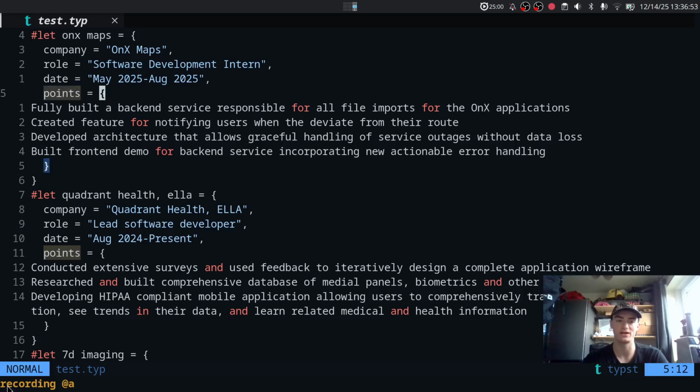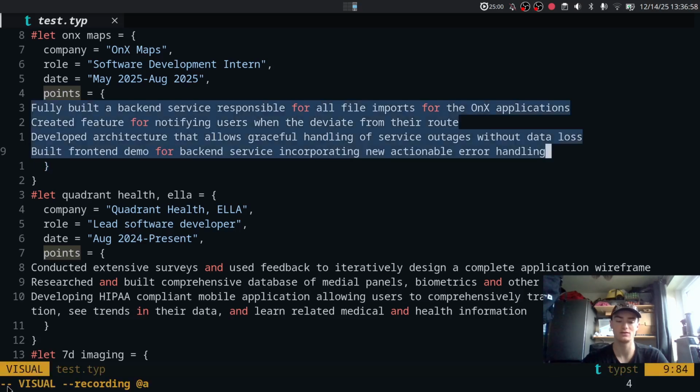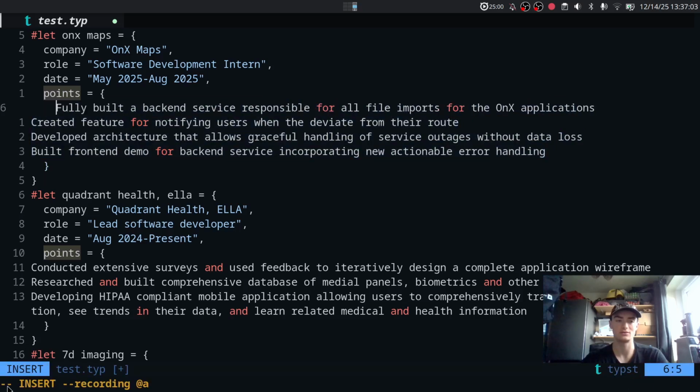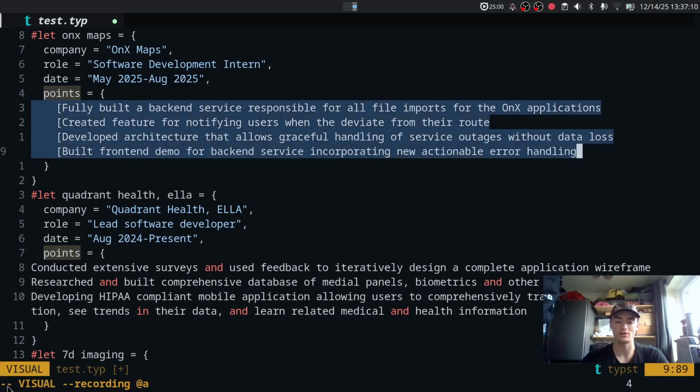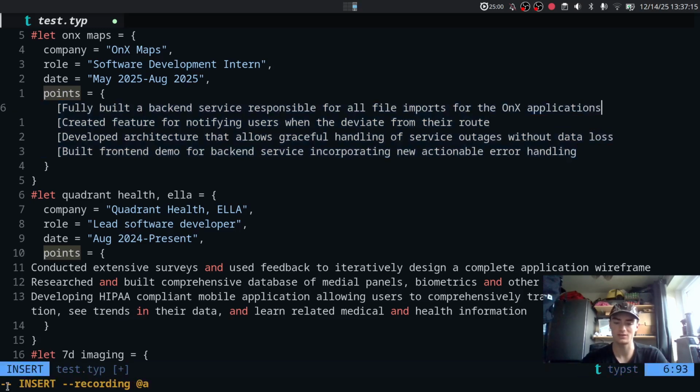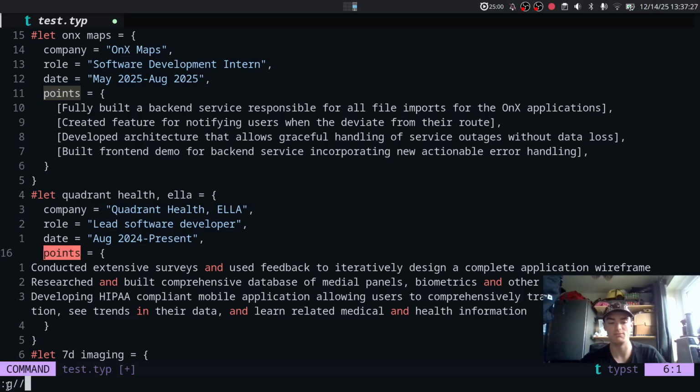So I'm just going to find that opening brace, and we'll go visual inside of here. I'll make that a visual block, and then maybe just insert tab, opening bracket like that. And then we'll do a similar thing. Make it a visual block, $ sign to make it so it's the end, append, closing bracket, and a comma. Just like that. Now what we could do is :g slash, because it's already got points searching, we can just omit that, and then